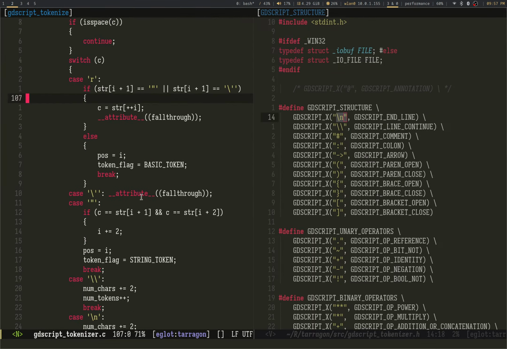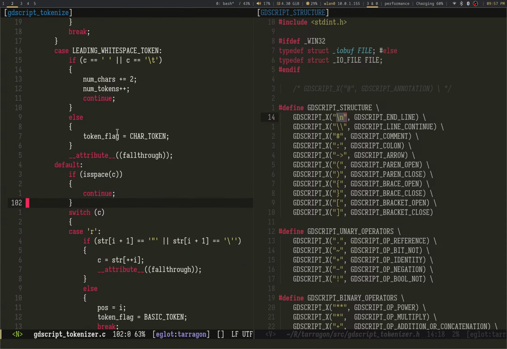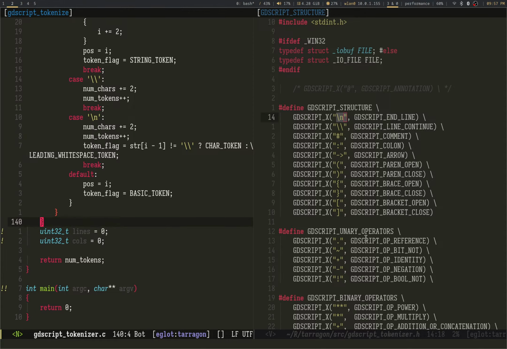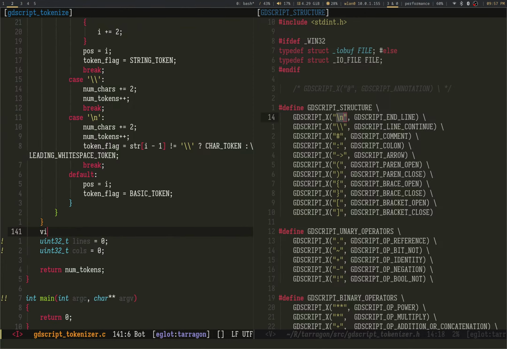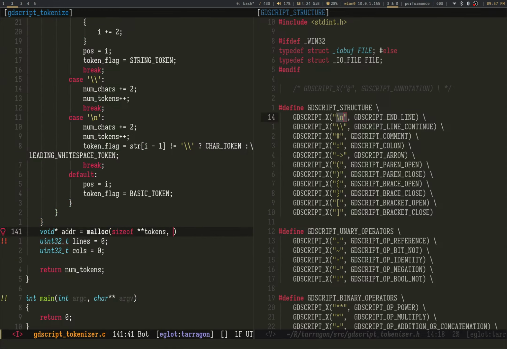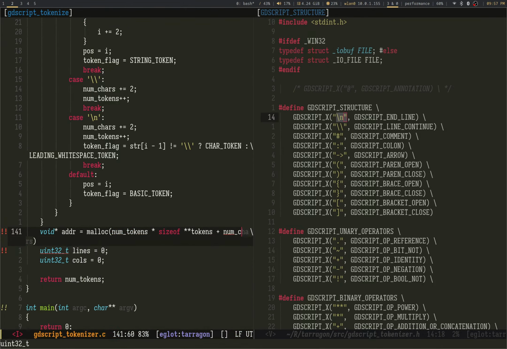And now we actually have the number of characters and number of tokens we have to allocate. Wow, exciting, very exciting. We can finally allocate sizeof... great.